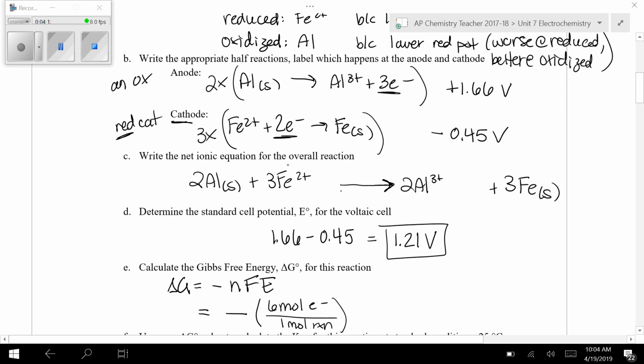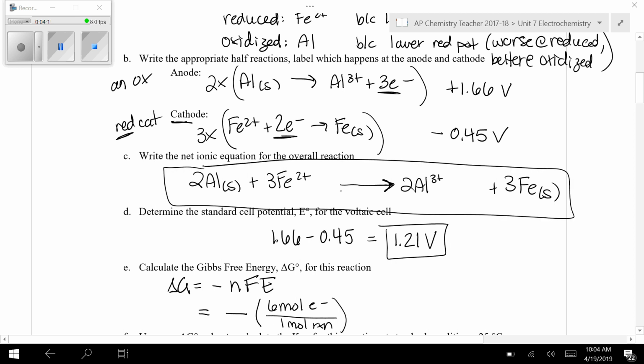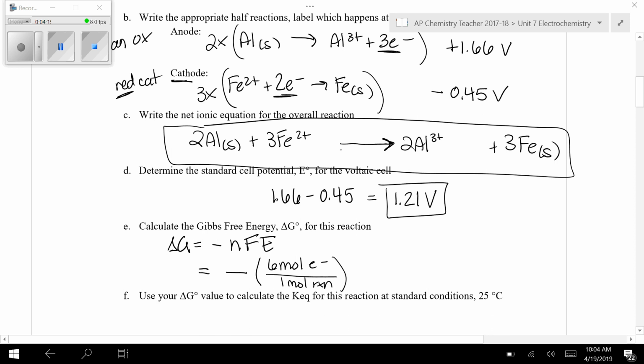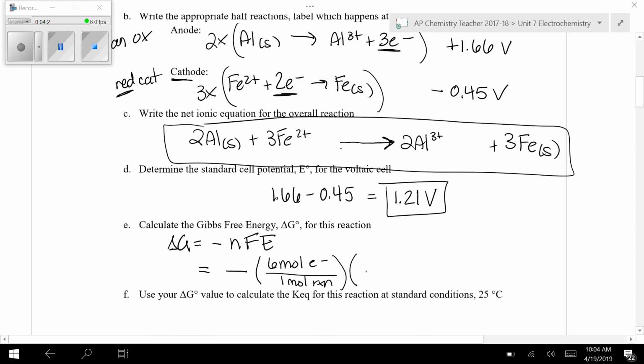That just means for every one of these that happens, we transfer 6 moles of electrons. The F value, you find that on your equation sheet, 96,485 coulombs per every 1 mole of electrons. So that just tells you basically the charge of a mole of electrons. That's a constant. Looks like our moles of electrons cancel out. And I want to find